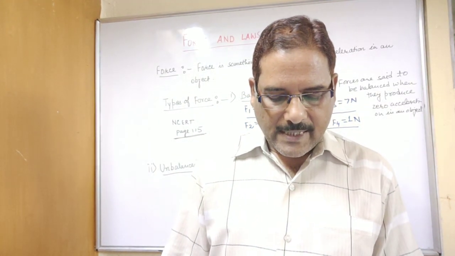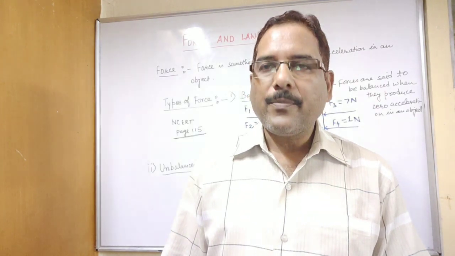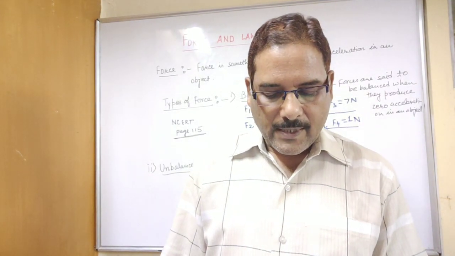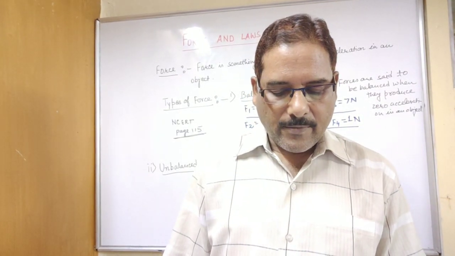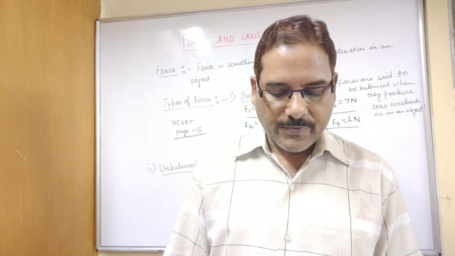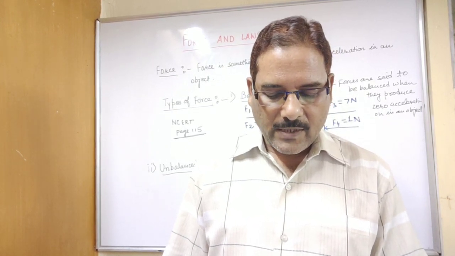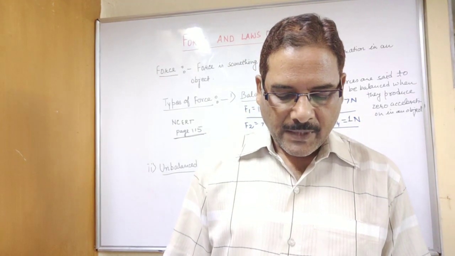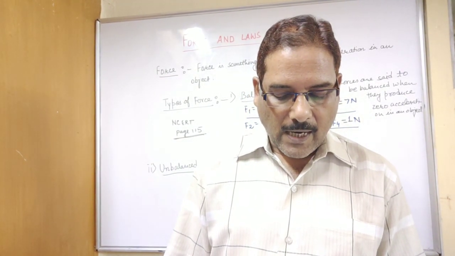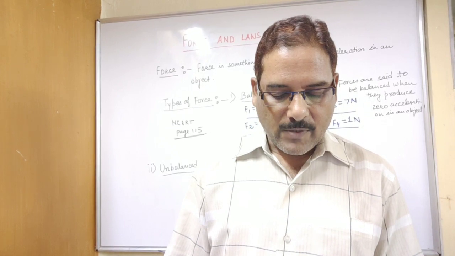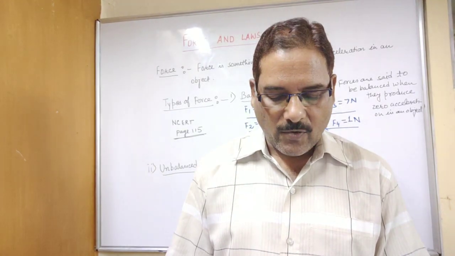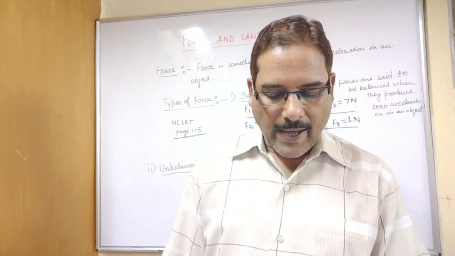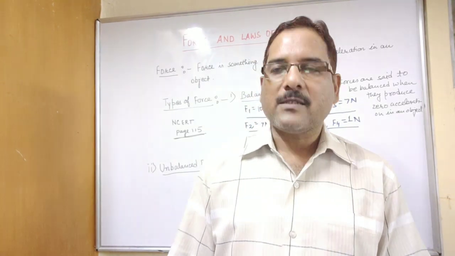Now look at second figure 9.4b. The children push the box harder but the box still does not move. This is because the frictional force still balances the pushing force. If the children push the box harder still, the pushing force becomes bigger than the frictional force. There is an unbalanced force, so the box starts moving.